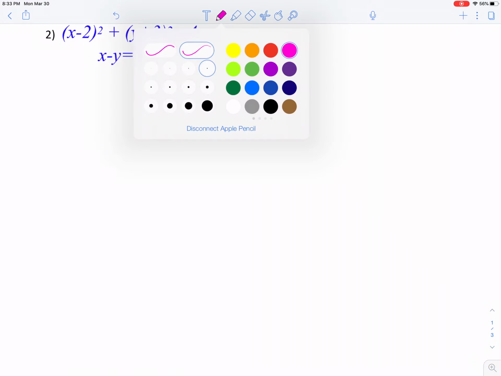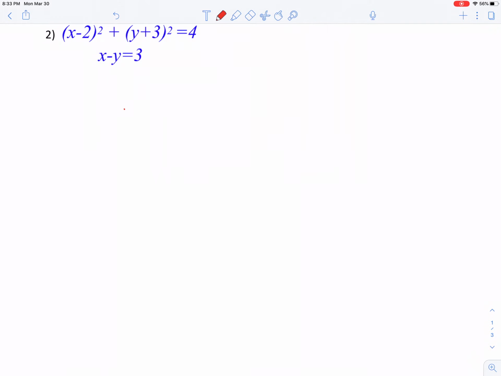Okay, this next one has only one additional step. We have the quadratic equation and we have the linear equation, except the linear equation does not have x or y by itself. So we need to isolate either the x or the y. So I think it's going to be easier here for me to just add y to both sides and get